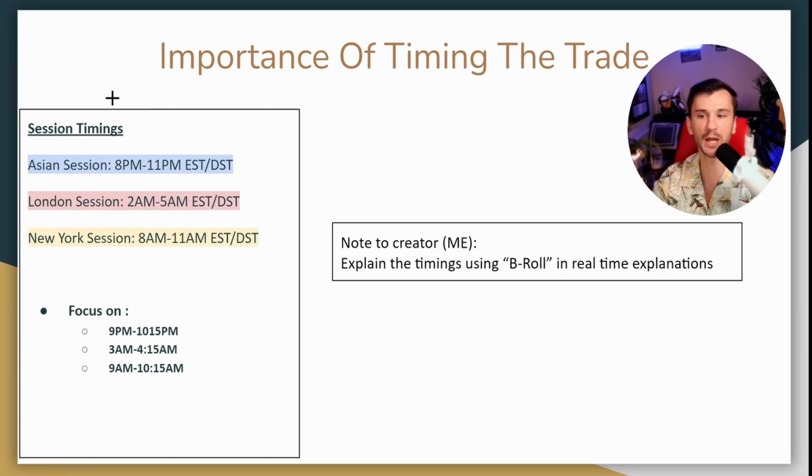So those session timings are going to be Asian session 8 p.m. to 11 p.m., London session 2 a.m. to 5 a.m., and New York session 8 a.m. to 11 a.m. Now, although those are the trading session times, I specifically focus on the second and third hour